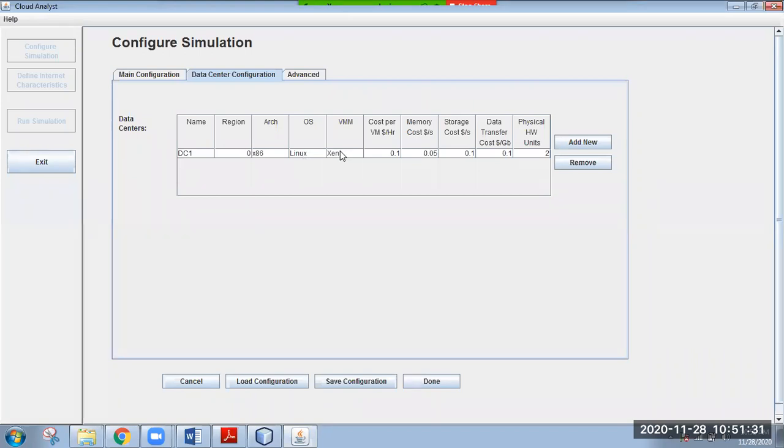And that data center uses a hypervisor, which we also call a virtual machine monitor. They are using XEN as the virtual machine monitor. You can also use VMware or KVM, any type of VMM, but this particular simulation tool provides the VMM as XEN.